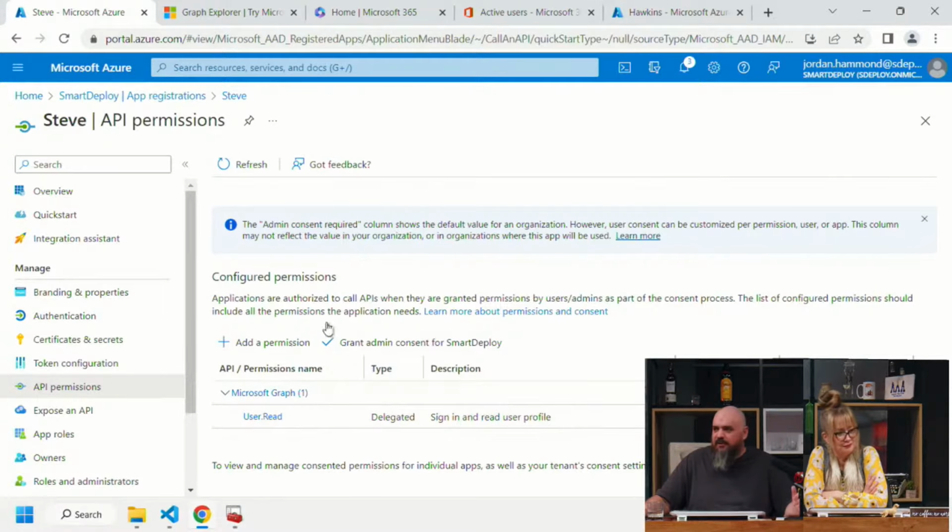Okay. So if we come here, we have users read in there. Zero trust is key. Yes, thank you, Tim. Limit as much as you can. You don't want to overdo it, and you don't want to underdo it. You've got to get it just right. Yep. So if we go into add permission,